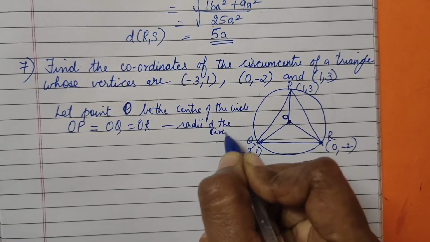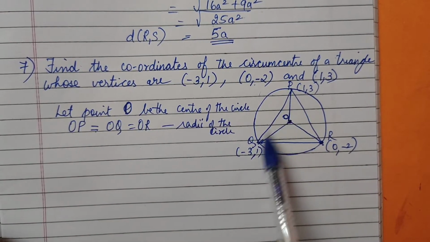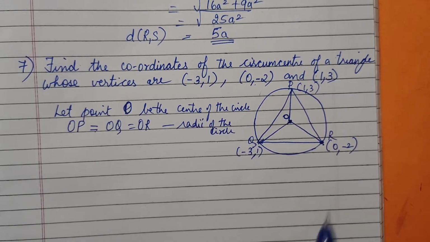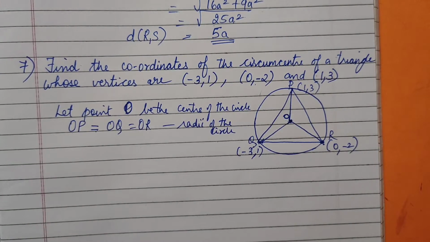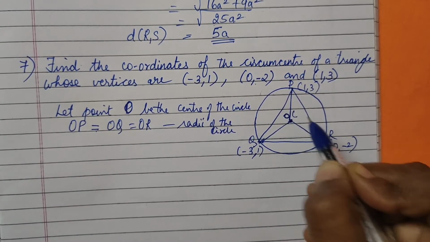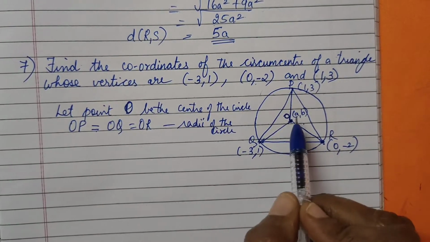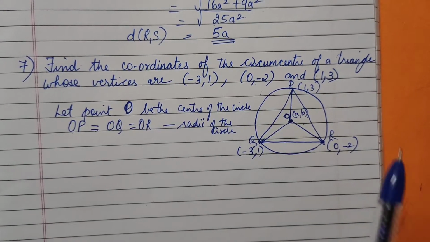Okay dear. Now can we find the distance OP first? Yes. And then OQ, then OR. Once we find the distances, we can equate all three and we will get an equation. Let's start with the first one here. Okay dear, now can we name this point O as (a, b)? We will name its coordinates a, b. If you want x, y, you can also use x, y, but I am not including x, y. We generally give the coordinate names x1, y1, so no need to be confused.